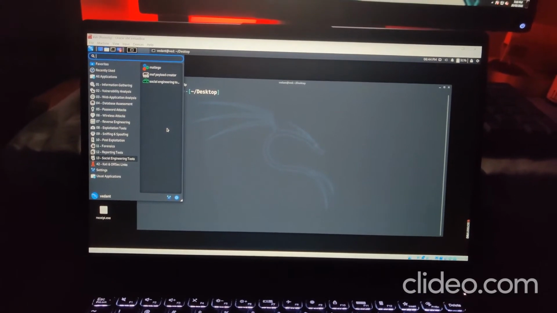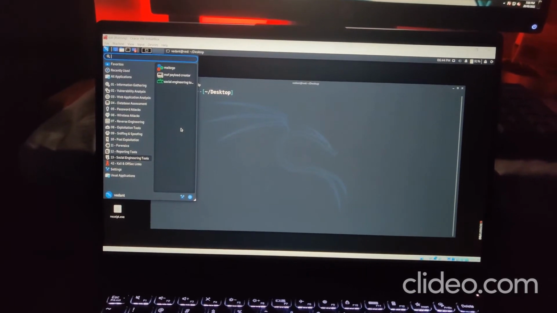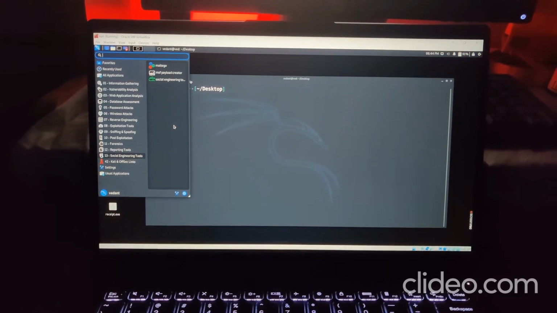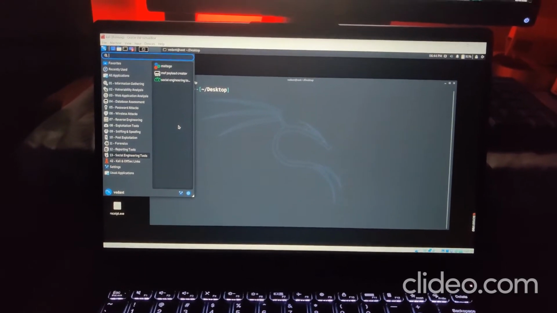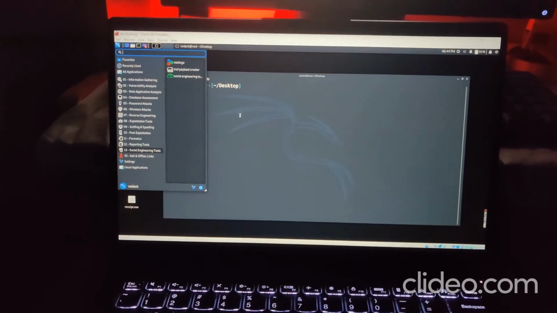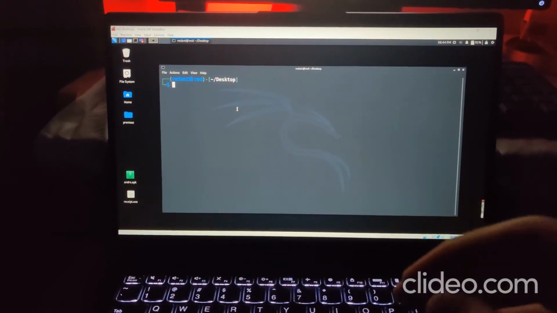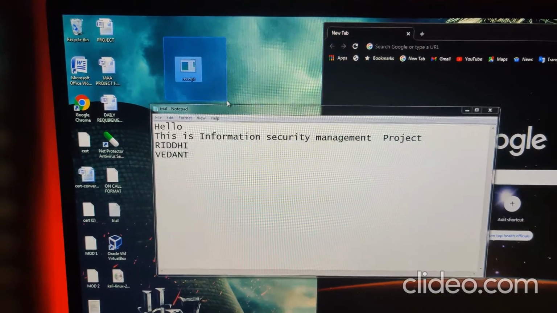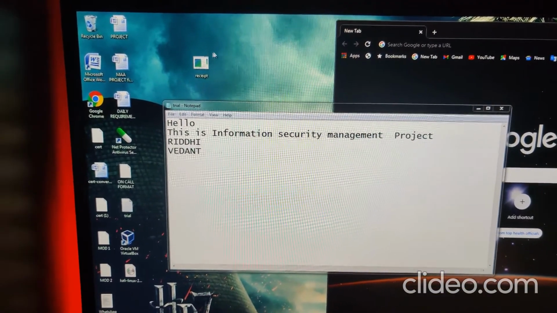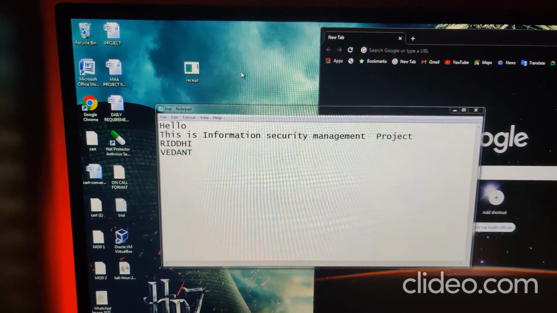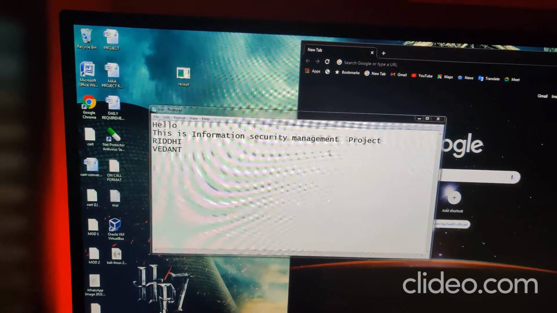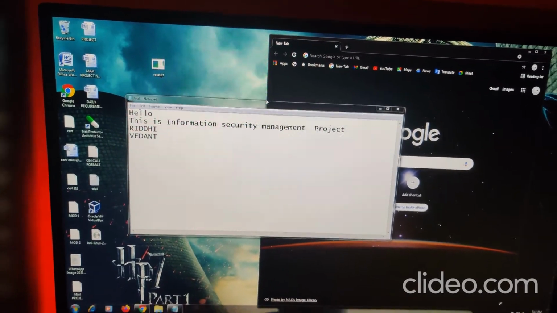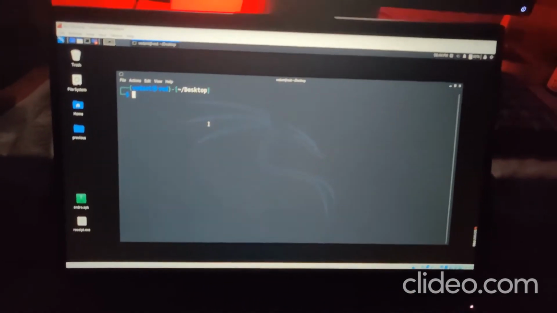So we were processing the Metasploit framework, and as you have seen, from an online source we can easily download our own created payload. Since it has been created and downloaded into the victim's PC, as you can see, this is the victim's PC, and here it is downloaded. I have saved this on the desktop of the victim's PC. This is the Windows 10 system, and this will be used as our victim's device. And we are here at our Kali Linux system.